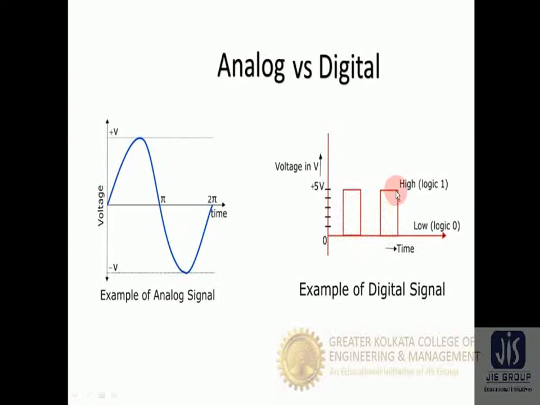So both are periodic in nature, but the one on the left side is an analog signal and the other is a digital signal. A digital signal can also be classified as high or low. It has either a high value or a low value. In this way we can classify signals into two categories: either a continuous analog signal or a discrete digital signal. Analog is continuous in the amplitude domain, and digital is discrete in the amplitude domain. We are moving forward